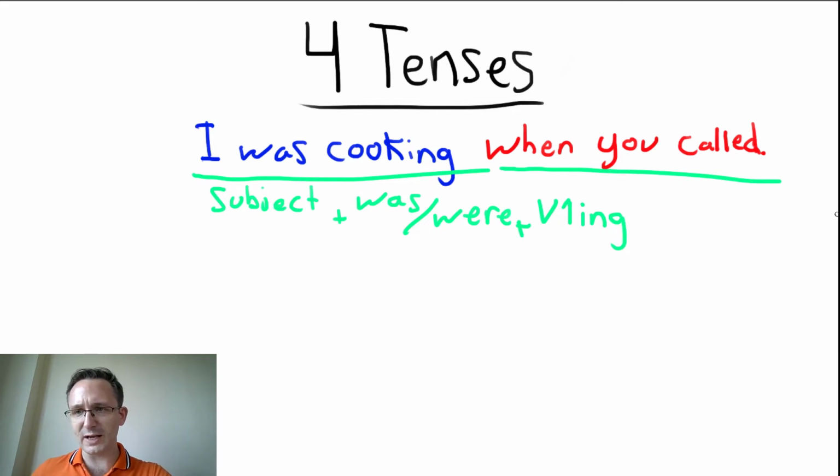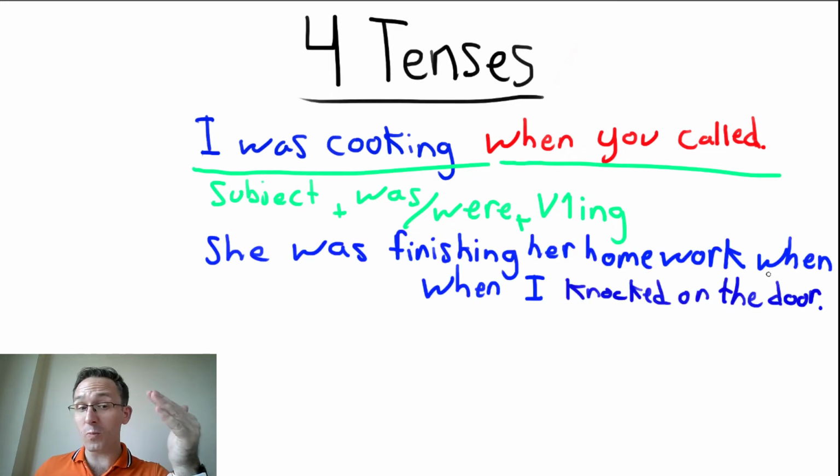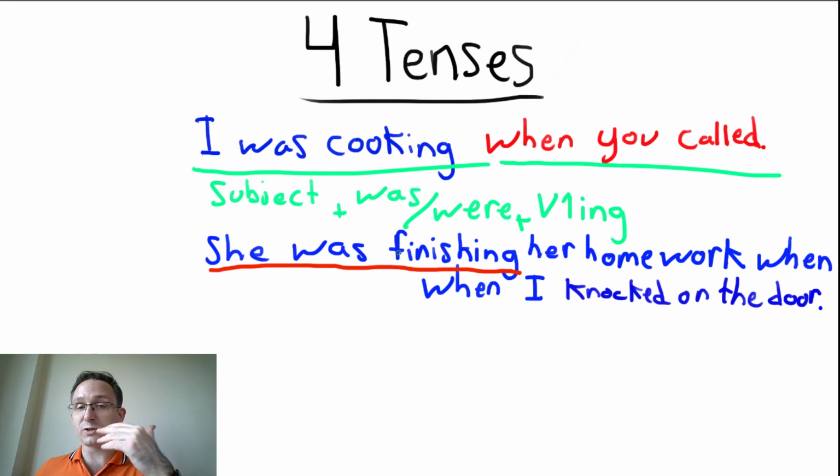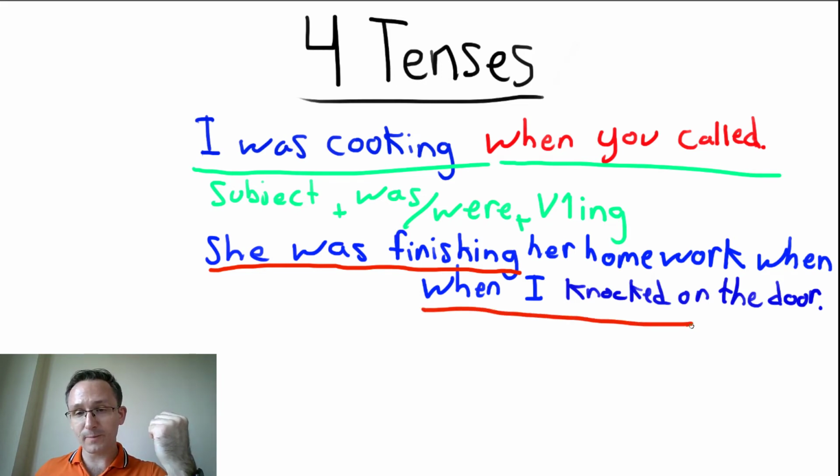Let me give you another example. She was finishing her homework when I knocked on the door. She was finishing. This is past continuous. She was finishing her homework. She was finishing her chores. She was finishing the laundry. She was finishing something. When I knocked on the door, when I knocked on the window, when I knocked, this